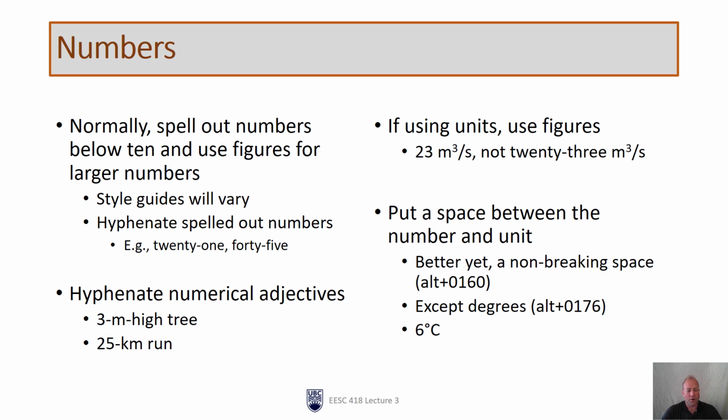There are some rules, though, about using numbers with units. And before I move on to that, I will mention that one of the hyphen rules is spelled out numbers that have more than one word should be hyphenated. Okay, so hyphenate numerical adjectives. A numerical adjective is when we use a number to describe another word. So in this case, we're not simply saying the measurement was 3 meters. We're saying it was a 3-meter item. In this case, a 3-meter high tree. 3-meter high is the hyphenated adjective. So we need a hyphen in between the number and the unit. I went for a 25-kilometer run. So 25 hyphen km run.